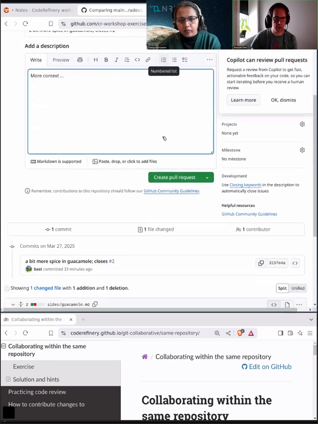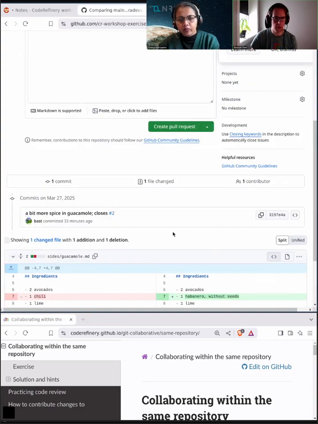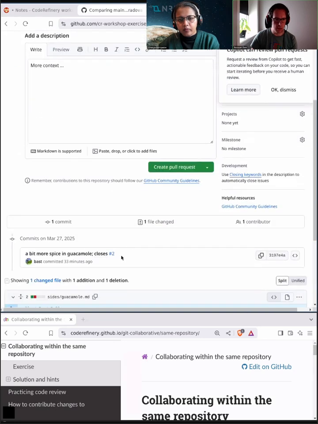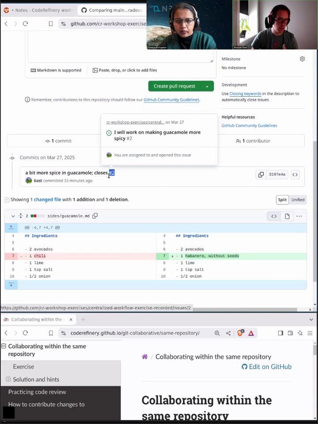I also normally scroll down and see what the commits are. Here is my commit. And what are the changes? In my case, I replaced chili with a habanero, but without seeds. And there was also this magic keyword here. If I use close, closes, fix, fixes, and I refer to my issue number 2,